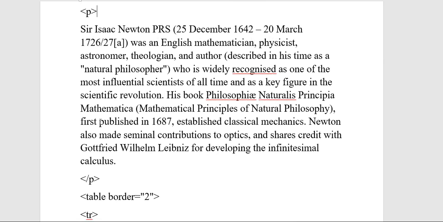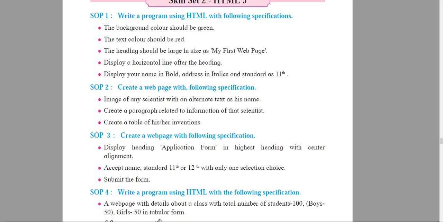that when he was born and what did he do. The paragraph is written inside the p tag. So the p tag is used when you want to write the paragraph. Now once my paragraph is completed, the p tag which is opened over here gets closed by using backslash p. So backslash p means end of your paragraph.